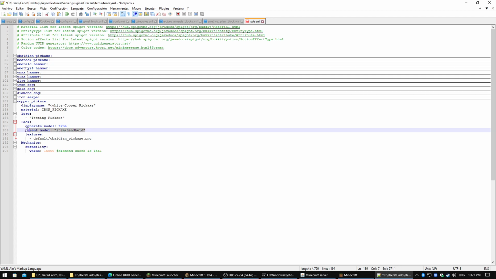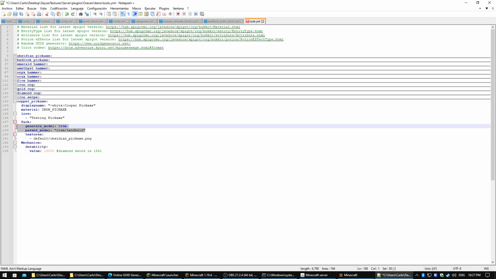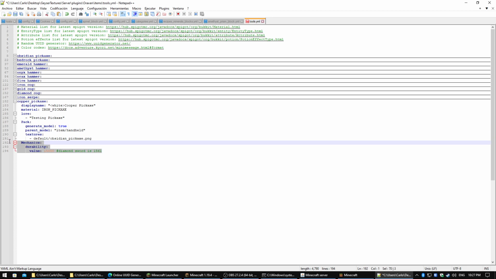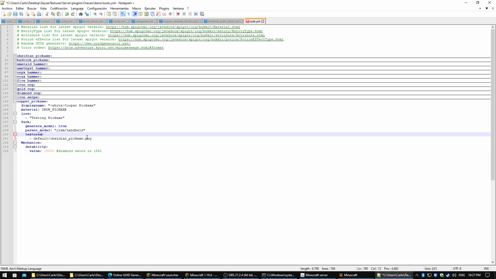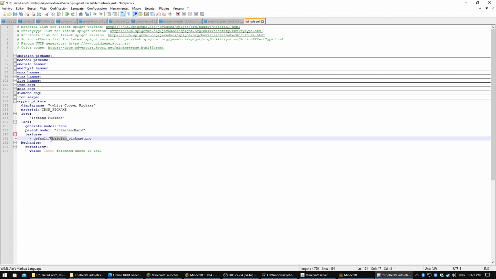You leave this the same. You don't need to modify anything at the moment. If you want to add some mechanics or durability, you can do that as well. I'm going to leave this as default for the purpose of the video. And in here in textures, this is the location where you're going to add, well, your texture. So in this case,